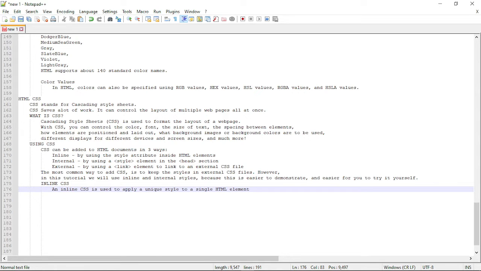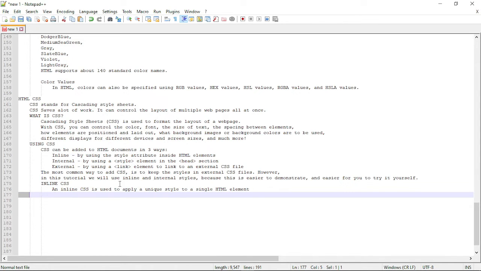An inline CSS style uses the style attribute of an HTML element. The following example, which we are about to do on Dreamweaver, sets the text color of the heading element to blue and the text color of the paragraph element to red. Okay,